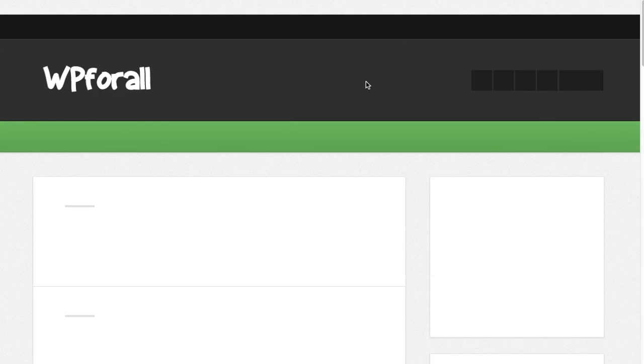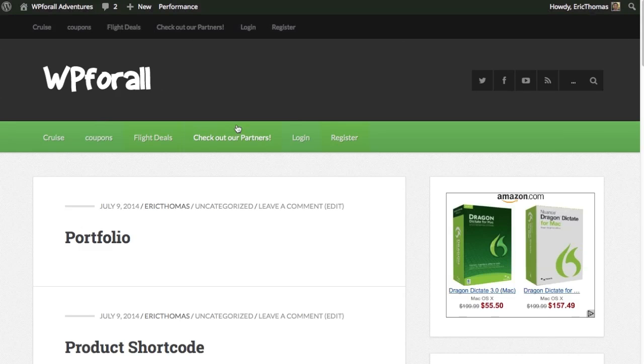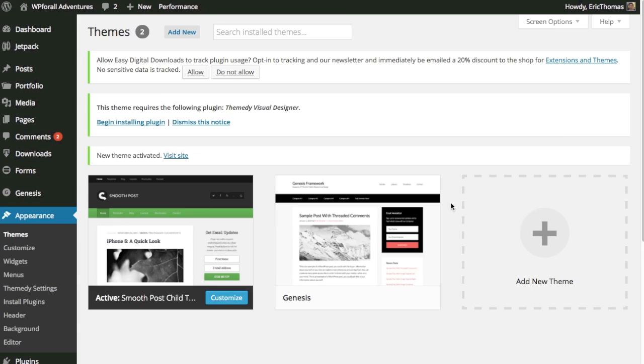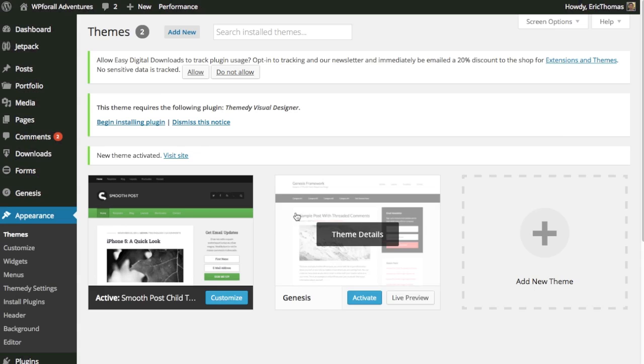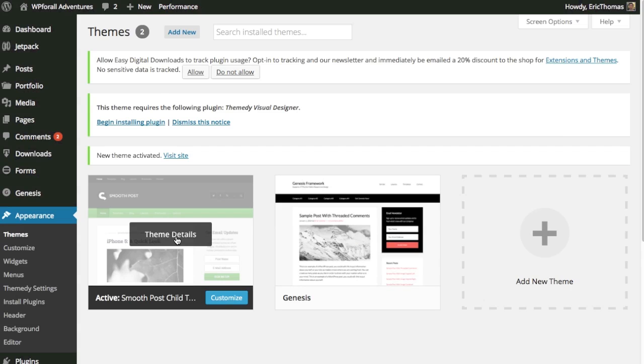Ultimately, our menu items are probably going to be a little bit messed up, although they look kind of okay right now. And we can just move things around as normal, right? So now our child theme is installed. As you can see, there's a much different design to it, but it still holds the Genesis framework, right? So we don't want to delete the Genesis framework. Otherwise, the main theme or the main functionality to our website won't be there, right? So always keep them both installed, but you only click activate on the Smooth Post child theme or whatever child